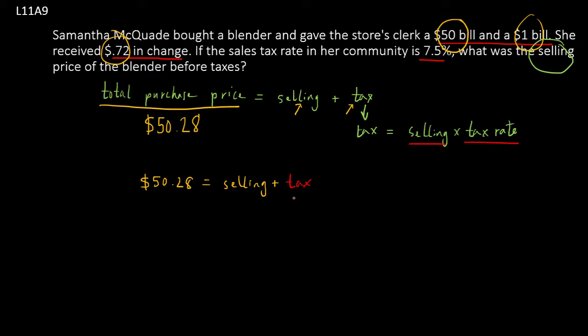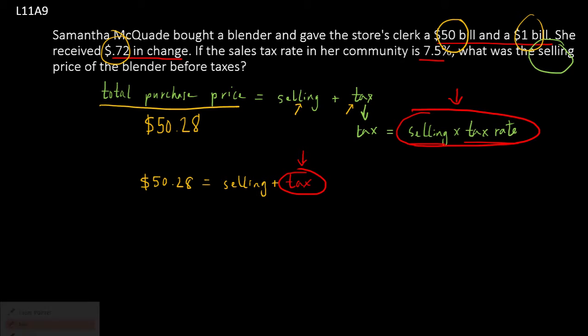So what if I substitute out this selling price times tax rate for this? Okay, I'm going to substitute out the equation that's equal to tax for tax. They're equivalent, so I'm allowed to do this. So I rewrite this as